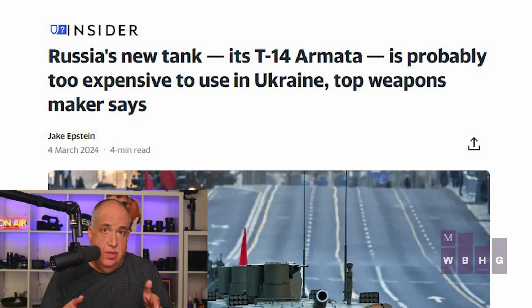Tanks still have a role on the 21st century battlefield, and they will continue to have a role. We probably won't be seeing the huge tank battles like we saw in Operation Desert Storm. Those days are probably over. Now, 21st century weapon designers and military planners are going to have to consider drones going forward in the future. For Russia, with the T-14 Armata program being declared too expensive, and we didn't even see T-14 tanks during the